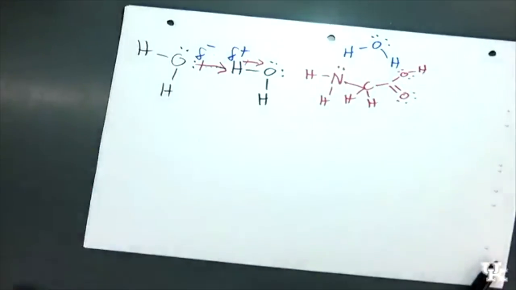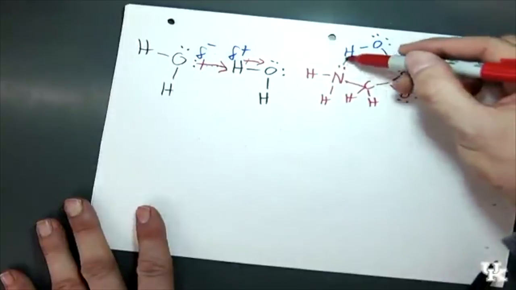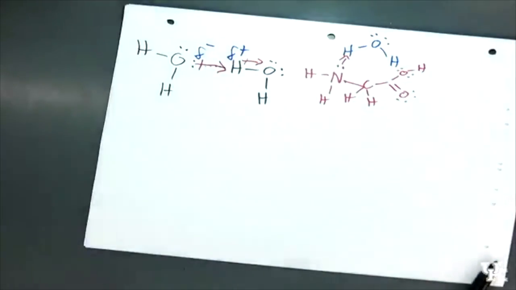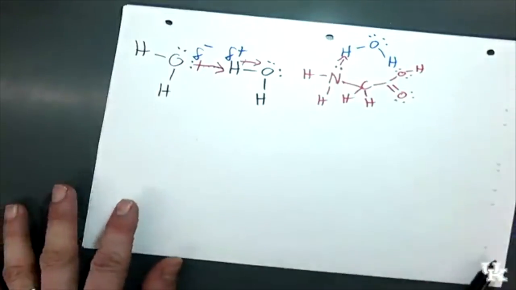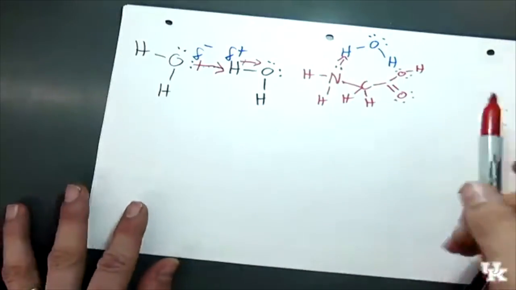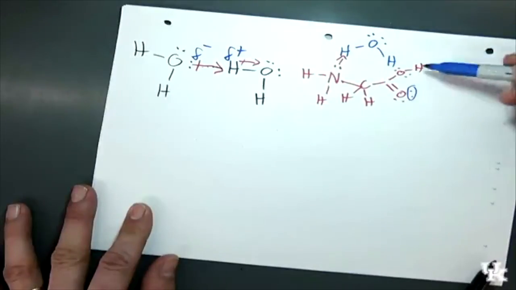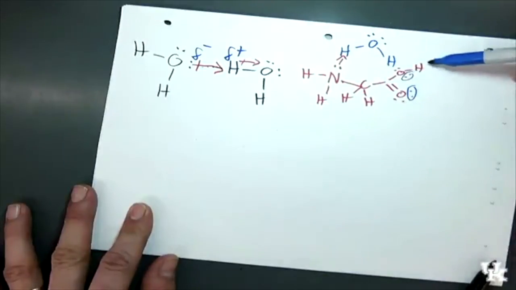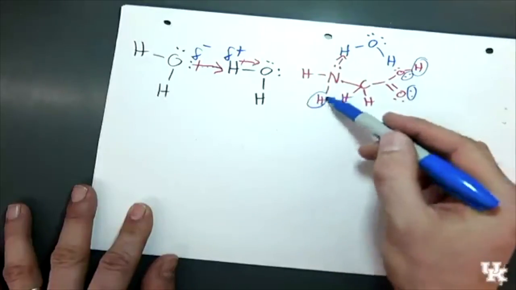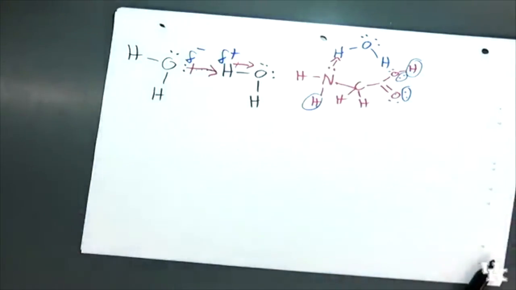Glycine. This glycine could make strong hydrogen bonds with water. Also note, it can make strong hydrogen bonds with itself because it has multiple electron pairs on oxygen here and there. It has a bunch of hydrogens that can participate in hydrogen bonding because more or less, if you have